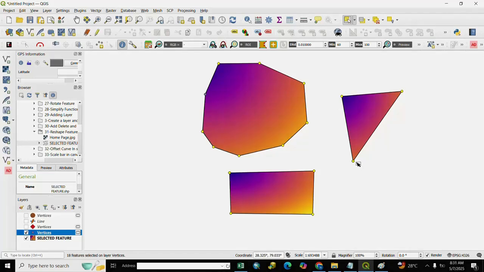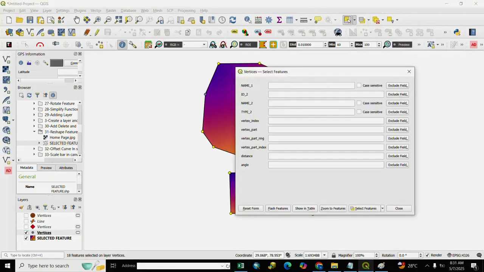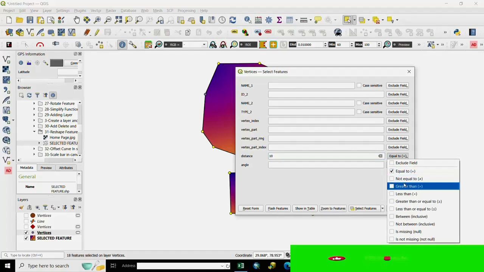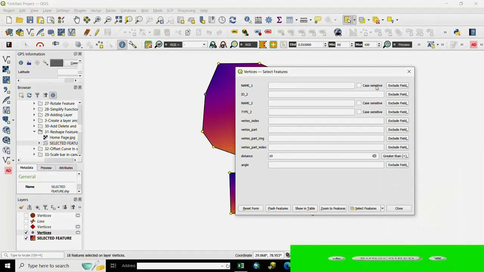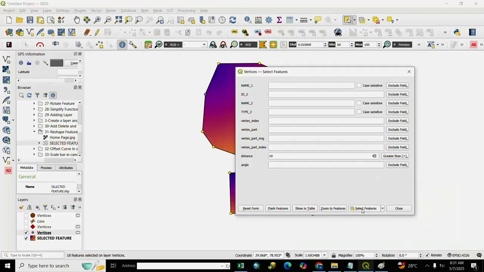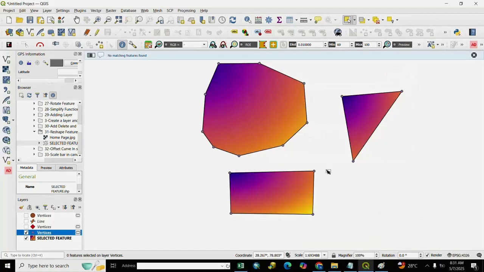If you want to make other changes by distance, you go again and you select value and we select here distance. We write here 10 meter, greater than 10 meter, and after we click select feature and close it.